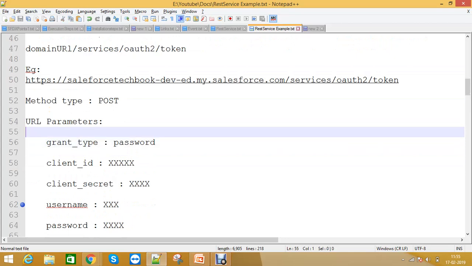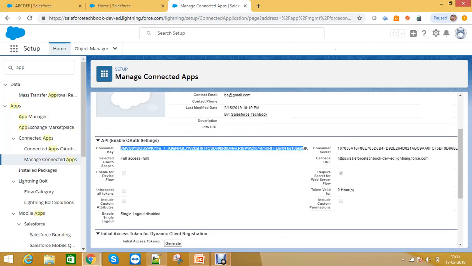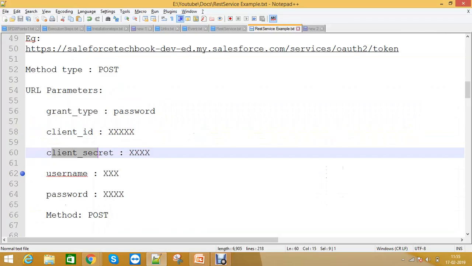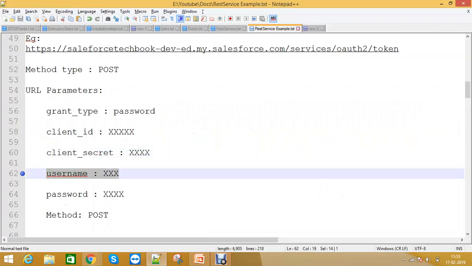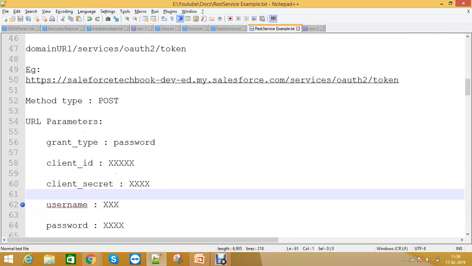Grant type, password, and client ID, whatever you have. The consumer key is the client ID, the client secret is the consumer secret, and then username, password, and method. These are the things you have to do. So now what we are going to do,